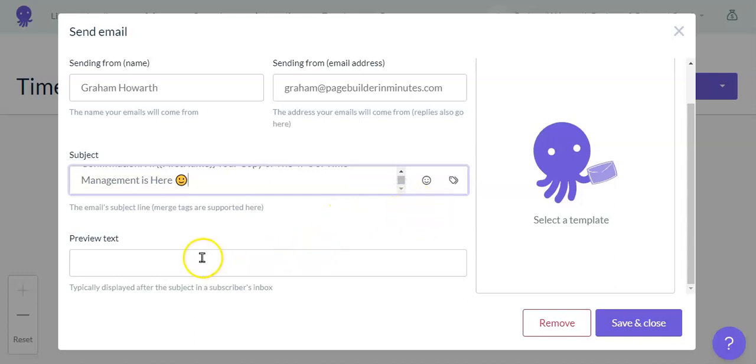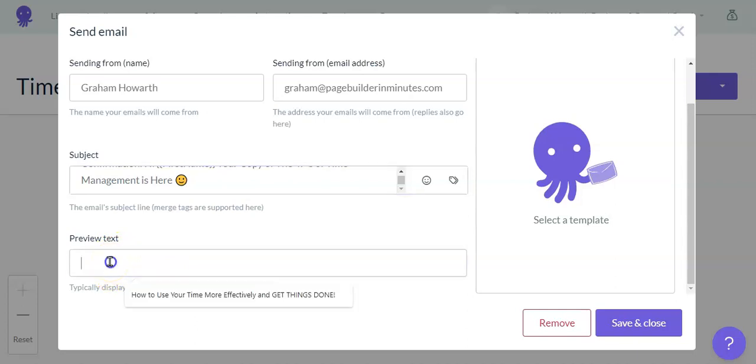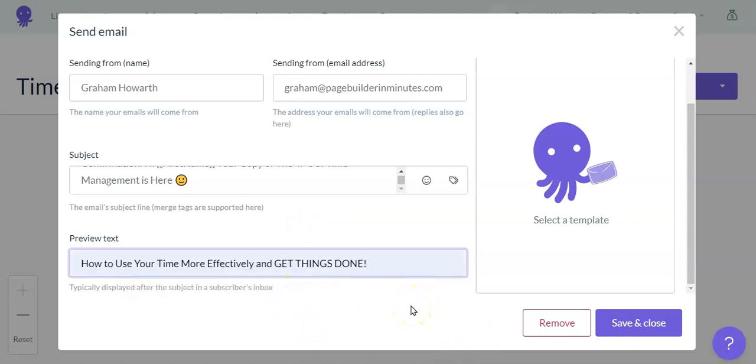The next thing we're going to do is look here at the preview text. Now this preview text comes in, and I've already created some.